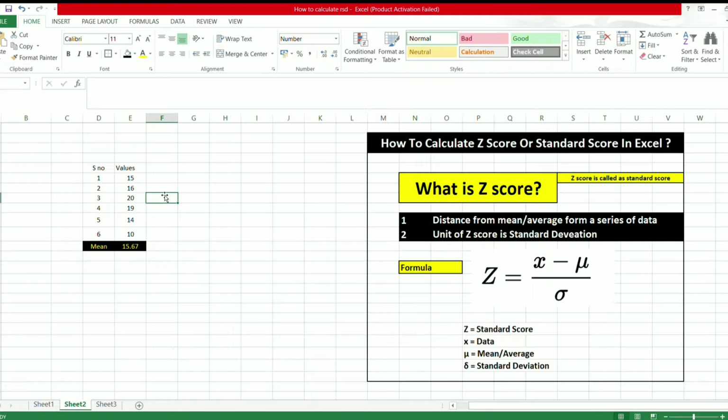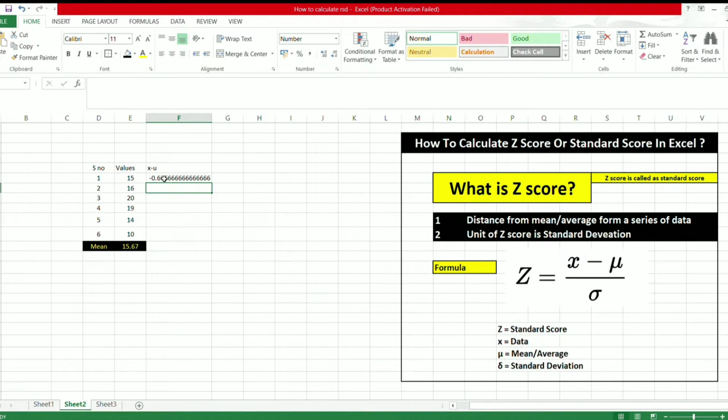Then next we need data value minus mean. So here we will put x minus mean. Then we will calculate value minus mean value. I am selecting this mean cell and making the cell absolute by separating with the dollar symbol.